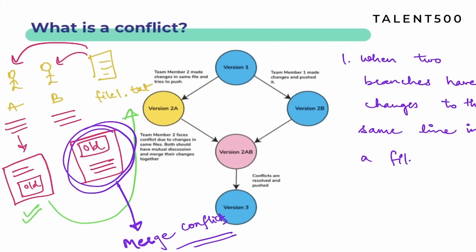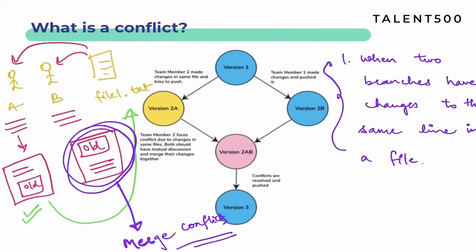In that case, at the time of merge, Git will get confused about which changes are new, which are old, what it should keep, and what it should discard. So this is the first case where Git is not going to address the conflict on its own.